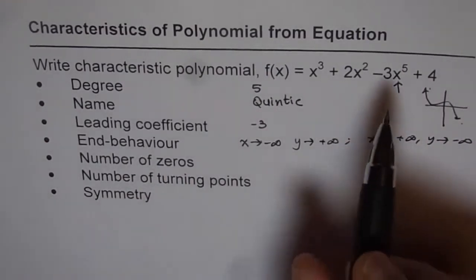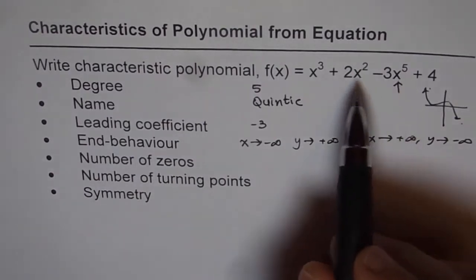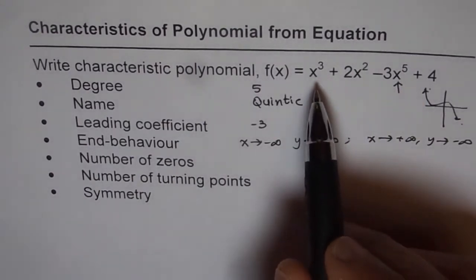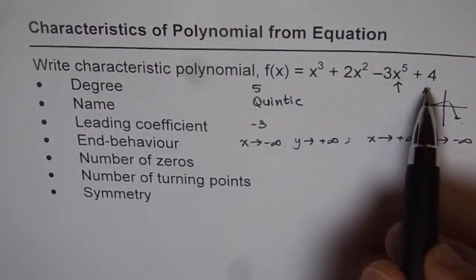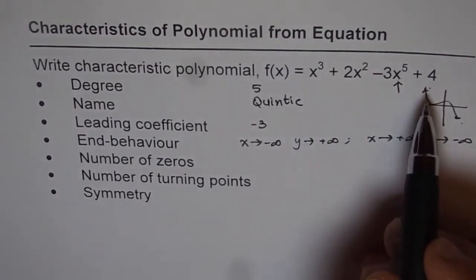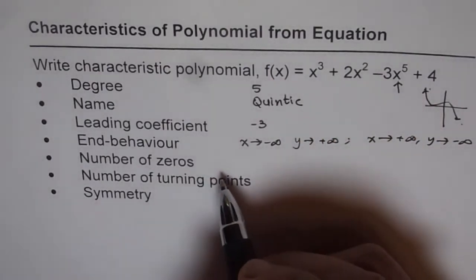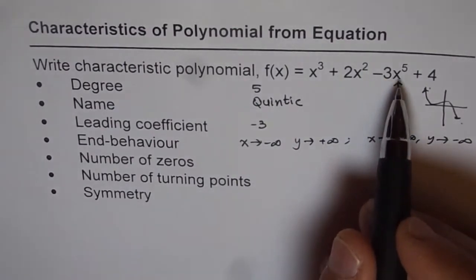Number of zeros. Now about the number of zeros, you can't really see from here since it is a function which is given in standard form. So number of zeros you can only get if you have factored form. But you can make an educated guess here, right? So number of zeros in this should be